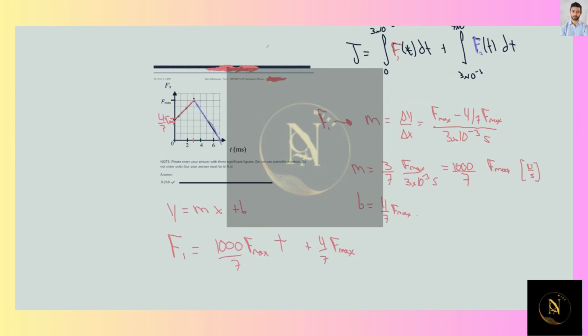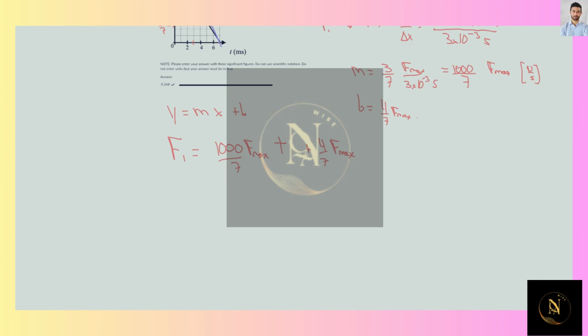With this, we can calculate the first integration. So the integral from 0 to 3 times 10 to the minus 3 of 1000 F max over 7 t differential of t, plus 4/7 of maximum force times the integration from 0 to 3 times 10 to the minus 3 of dt